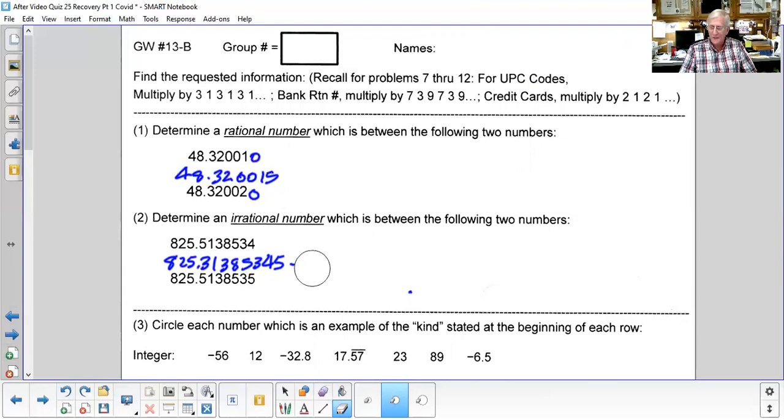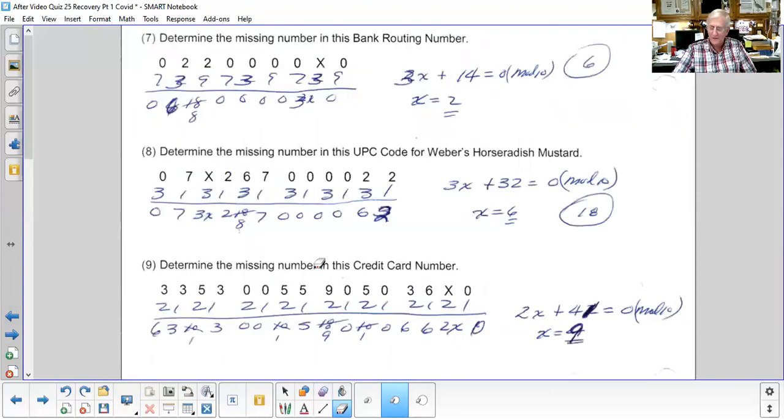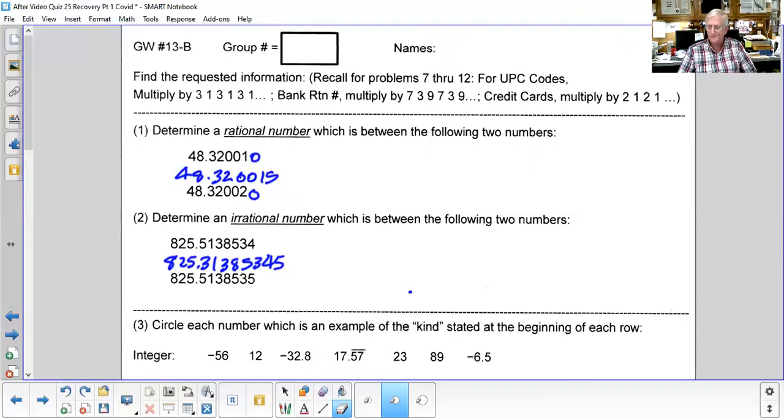Now, for some reason, it is just giving me trouble. See if I can get it to go back. Okay, now,